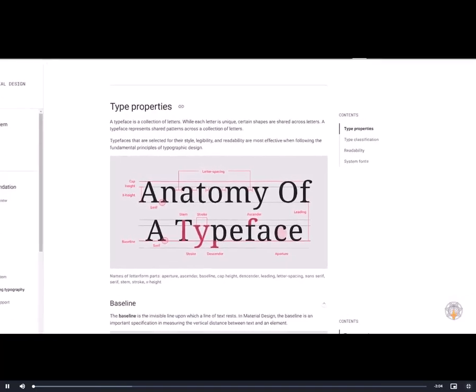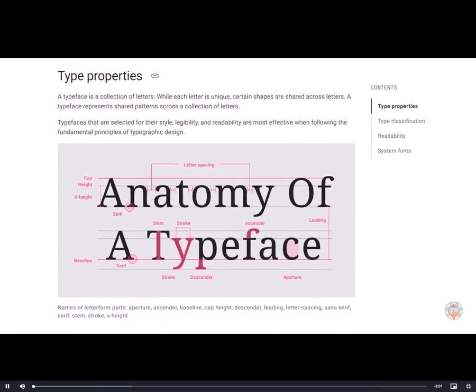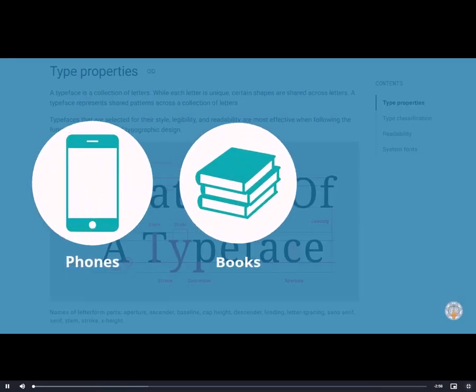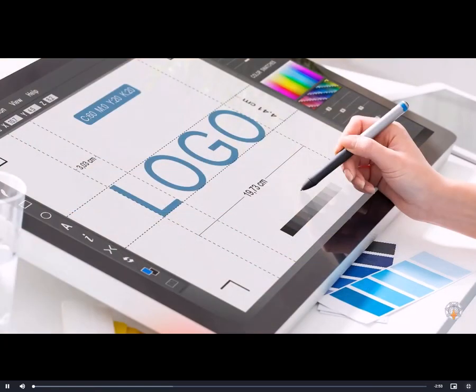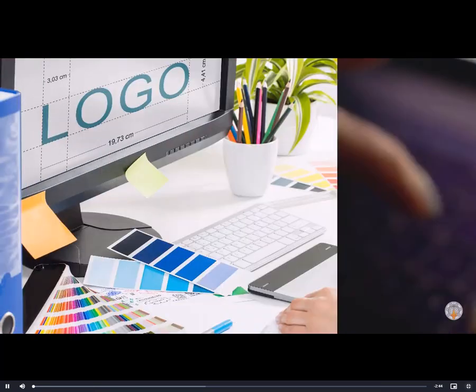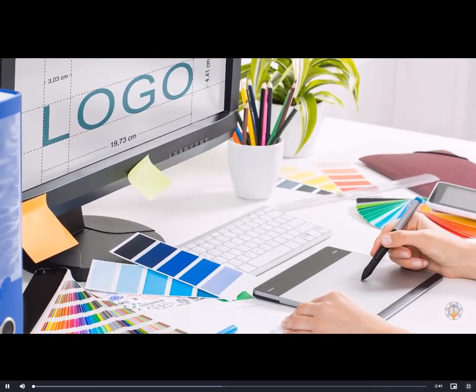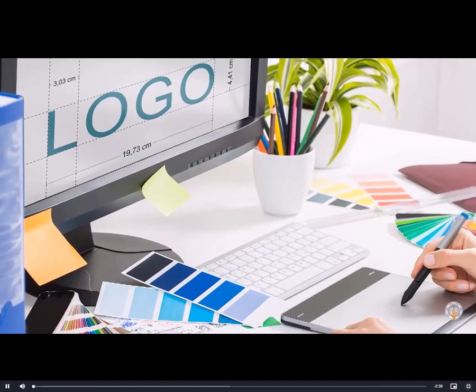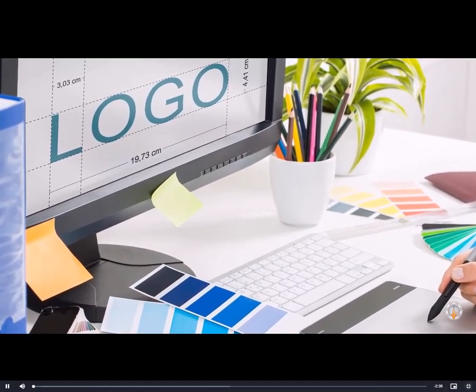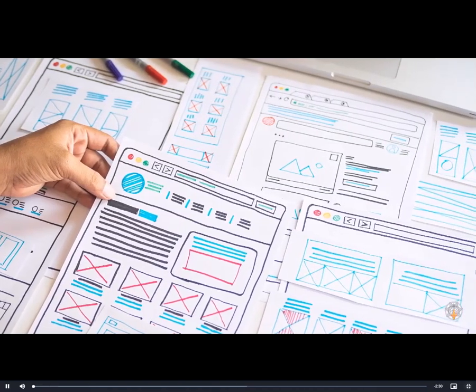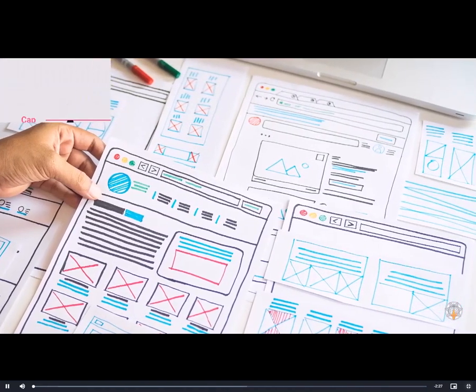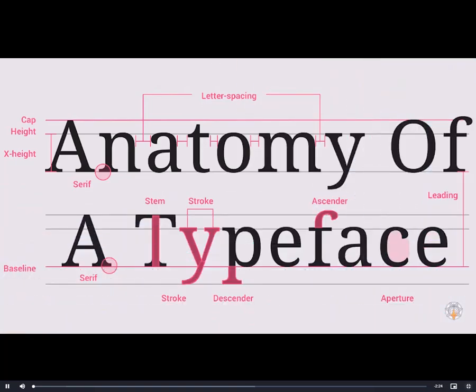Typography plays an important role as well. Whether we search for something on our phones or in books or on websites, we are constantly digesting words. We often understand the power of words, but we rarely consider a designer's role in emulating the tone of the words. A designer takes a lot of effort to consider the relationship between the look of the text and what it says. Different moods, atmospheres, and emotions can be set through the choice of text designs. This designed text is called typography.